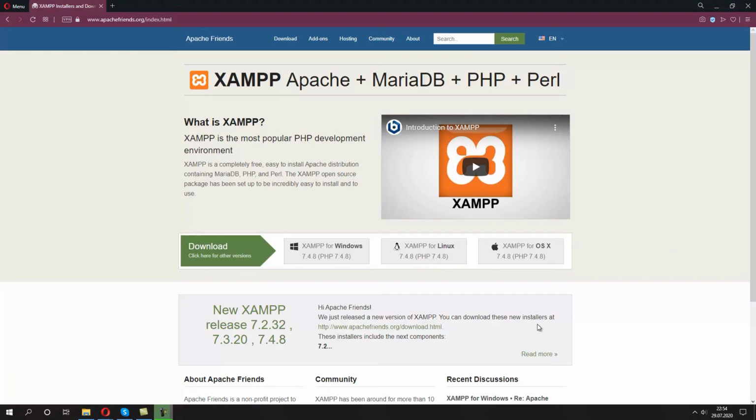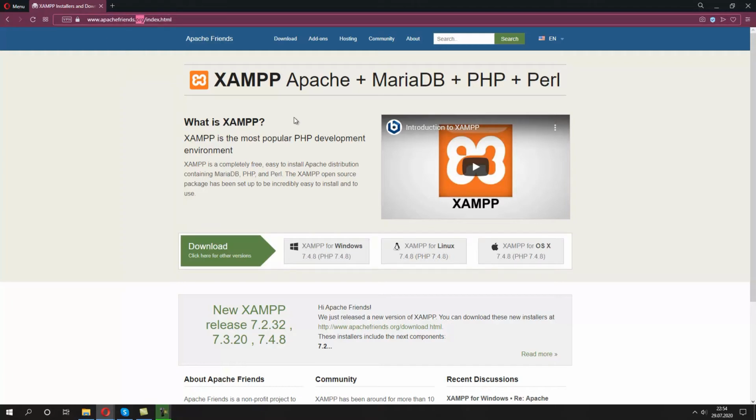Hello, in this tutorial I'm going to show you how to install XAMPP on your local machine. So, what is XAMPP really? If you want to run an application based on PHP, you can actually do it locally instead of on the web machine. What you have to do is type in your web browser